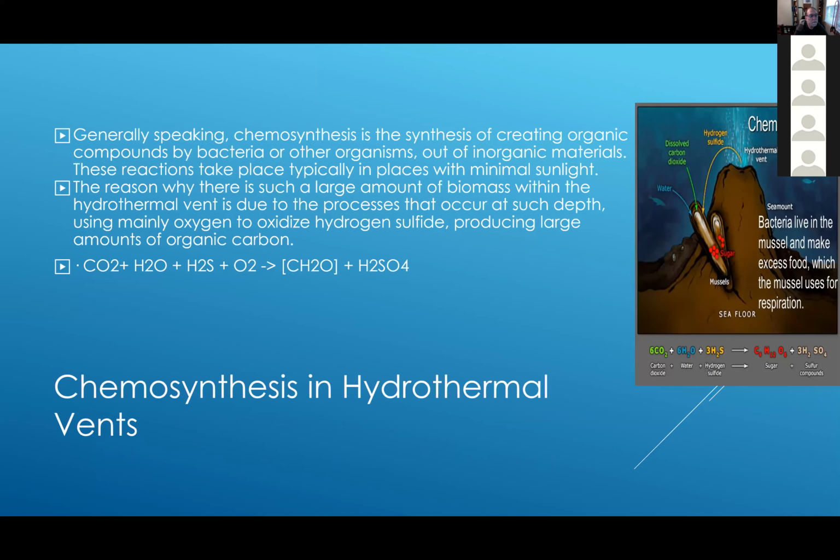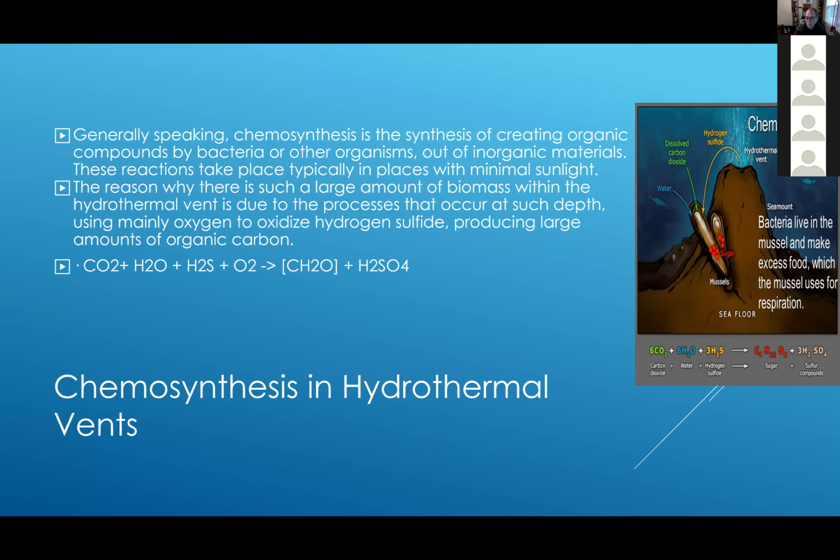Yeah, like I said before, chemosynthesis is creating organic compounds by bacteria or other organisms out of inorganic materials, and these reactions take place with minimal sunlight. On the land, plants and animals can thrive off of photosynthesis because there's sunlight, which activates everything and creates the life, but down in the deep sea, there's no sunlight, and that's where the vents come in and supply these